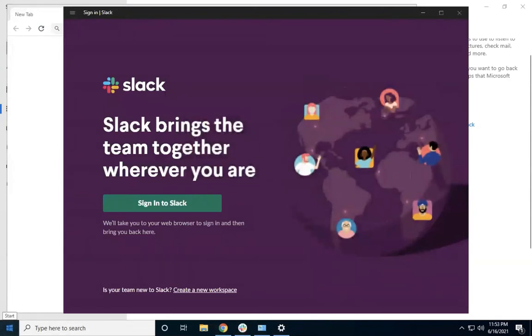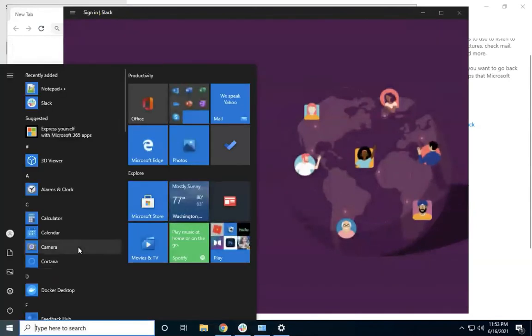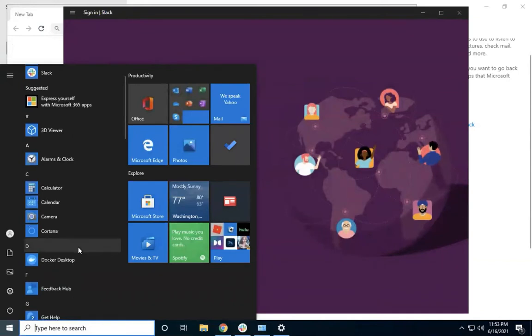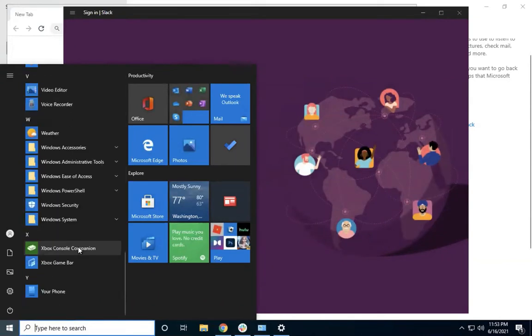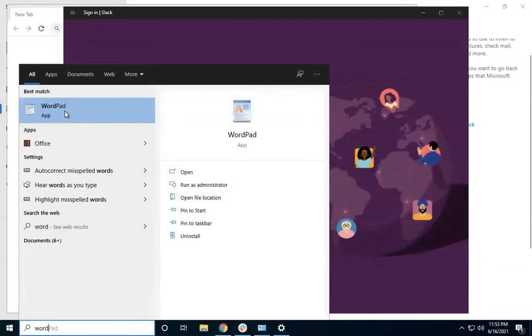Let me see if I have Microsoft Word. I would like to open a few more. That's why I'm checking for Microsoft Word. I'm not 100% sure whether I have it. I think I do not have it. I can also search here for Word. There's WordPad only.